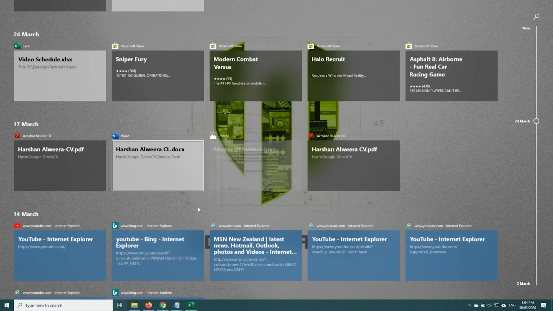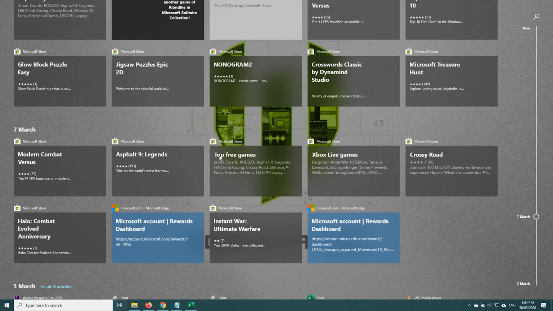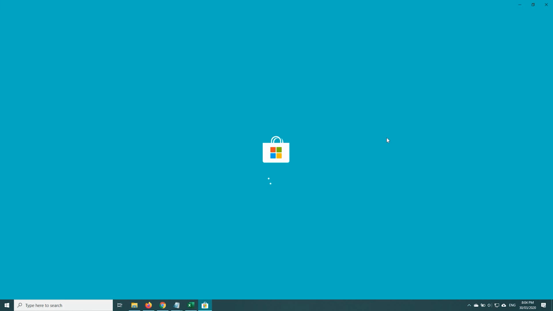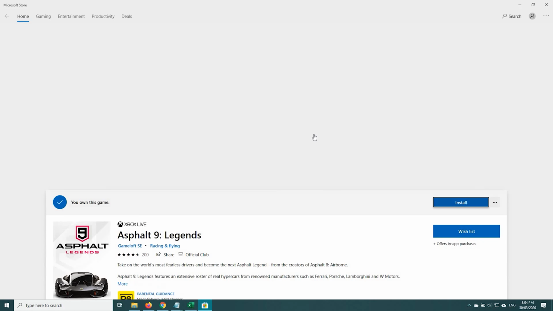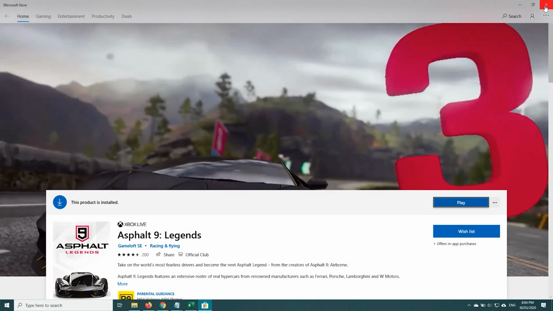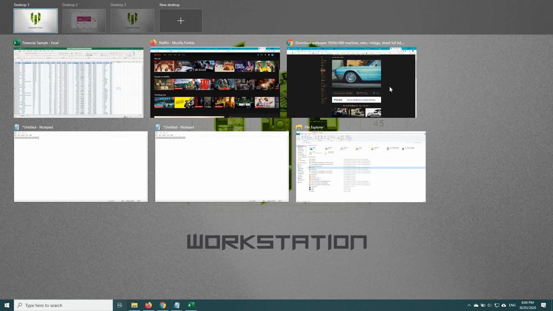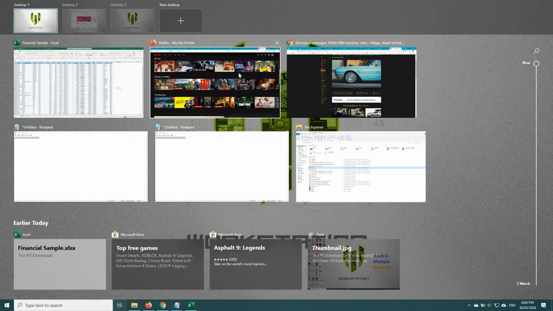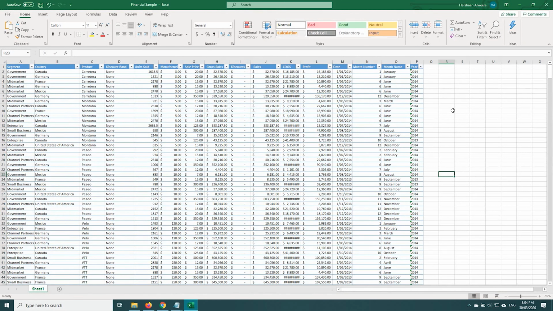If I go to desktop 2, it's the same, and if I go to desktop 1, it's the same. So I can always go back and open one of these programs and continue the work which I've been working on. As soon as I click that, it will open whatever program I was looking at or working on. The main features which I found here are, say, if you have on desktop 1 one of the Excel sheets which you've been working on,